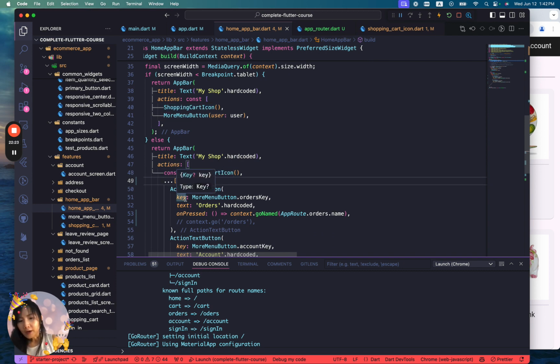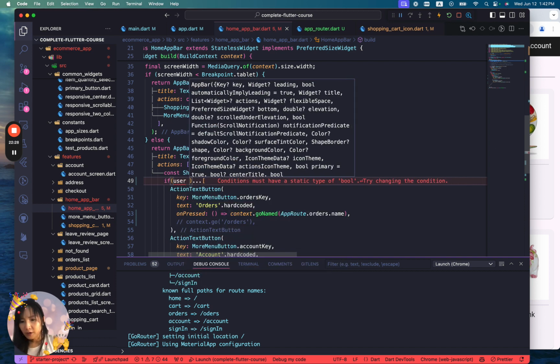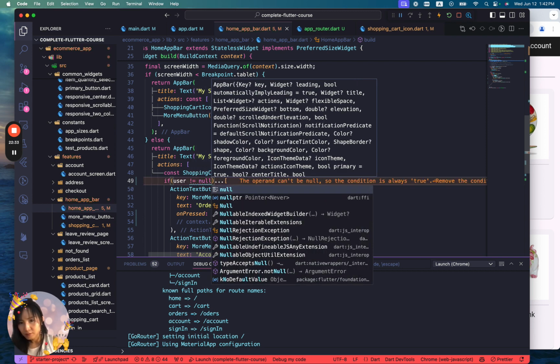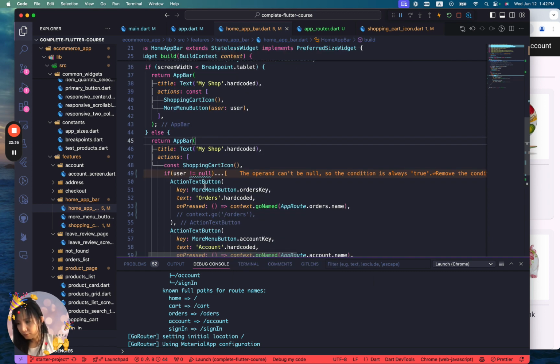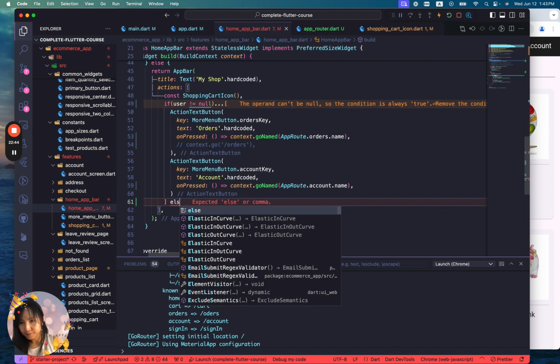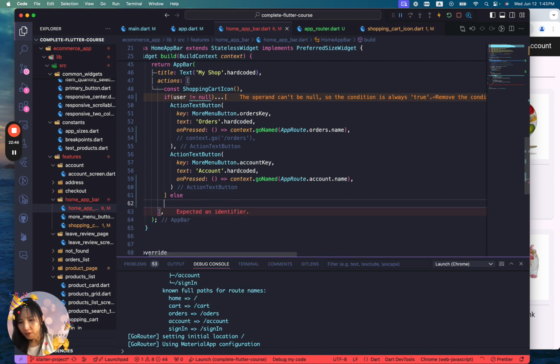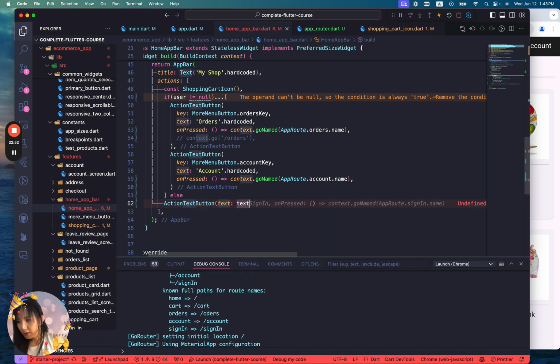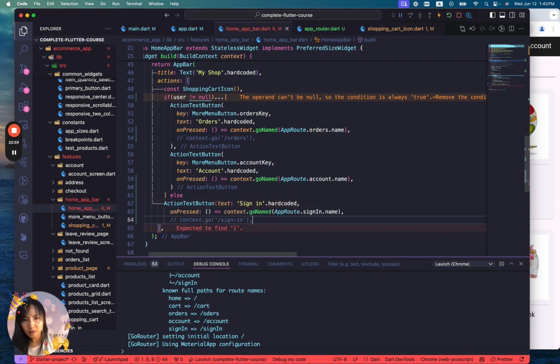And here we say if user is not null, we do this, else we say action text button sign in,